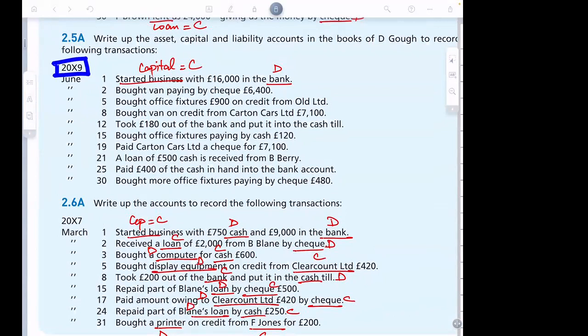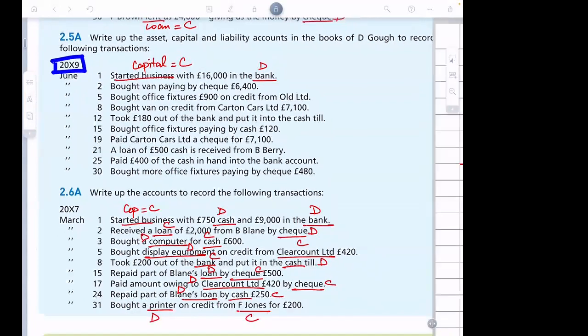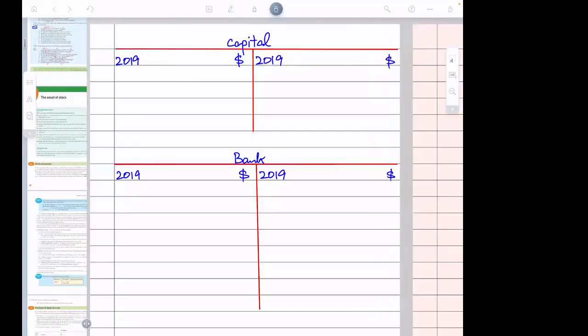So we know that we will debit the bank account and credit the capital account. We need to prepare these two T accounts, one for bank and one for capital. In the beginning, I told you already how to prepare a T account or a ledger, like a giant T, okay? We know that the left-hand side is the debit side and the right-hand side is the credit side. Please always remember this. You don't need to write this, but you need to remember this, all right?